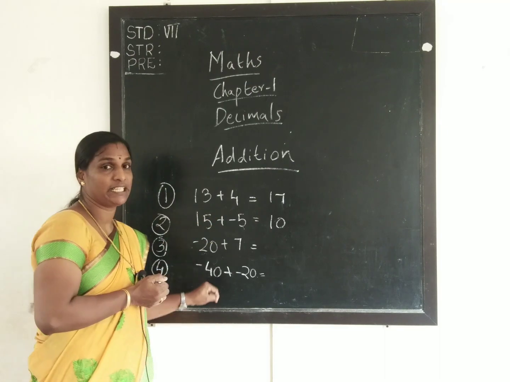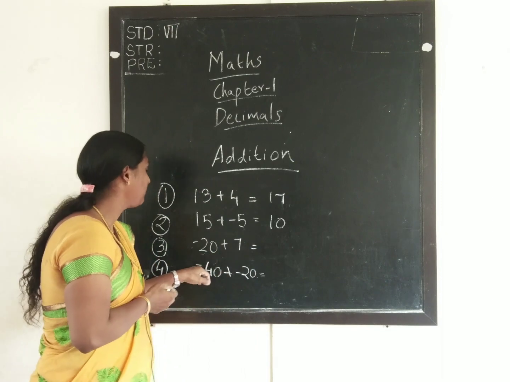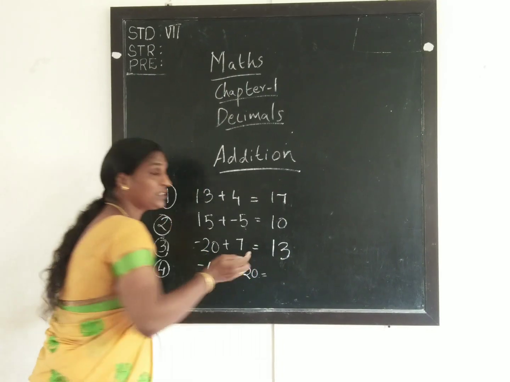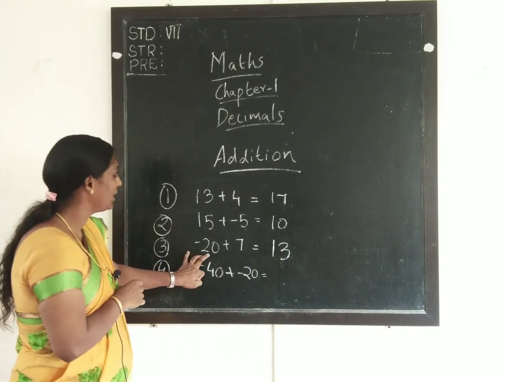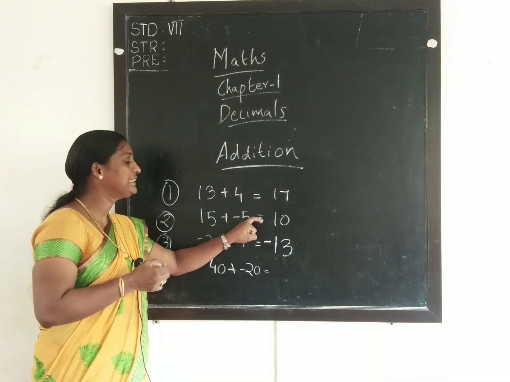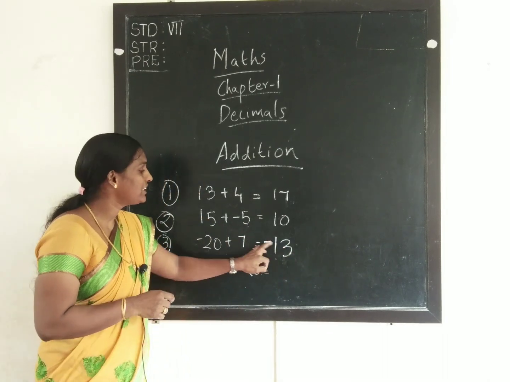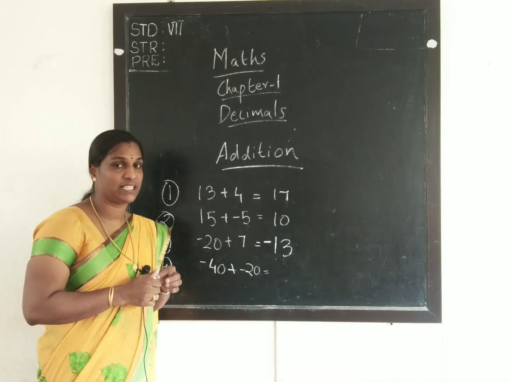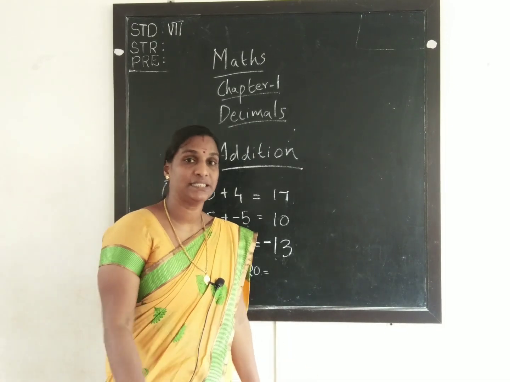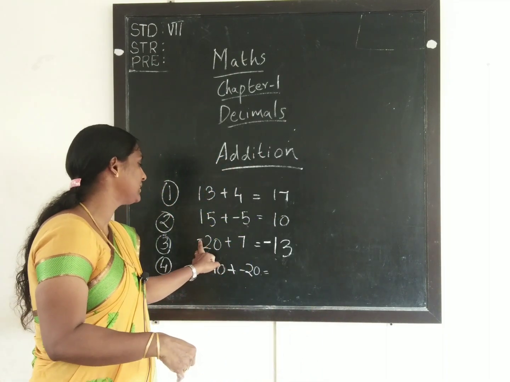And we can go to another example, the third one. This is also the same as the second one. This is addition of numbers with two different signs. Here also we subtract: 20 minus 7 is 13. And put the sign of the greater number. The greater number is 20, so we put the negative sign here. No need to write positive signs specially. We write only the numbers and it indicates positive. For negative numbers we should write the negative sign. So in this case, subtract 7 from 20, we get the answer 13. And what is the sign of that number? It will be the sign of the greater number, that is minus.